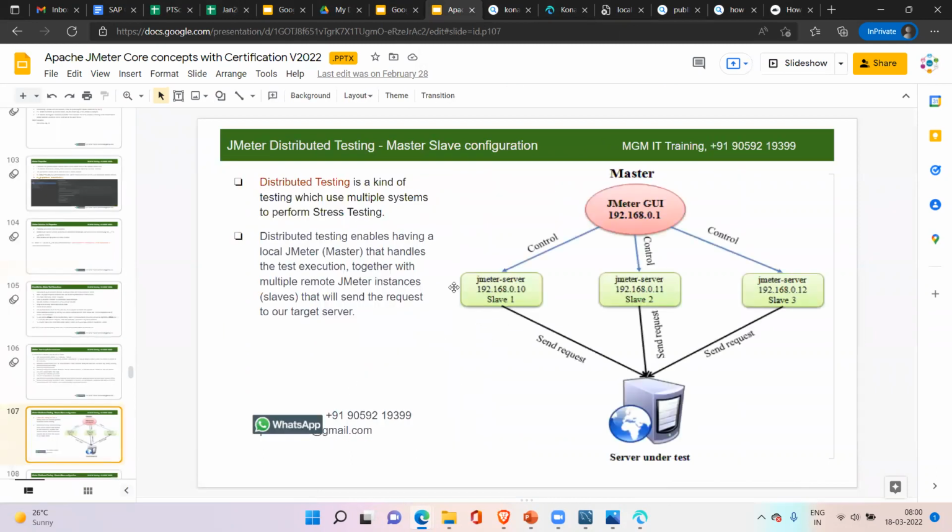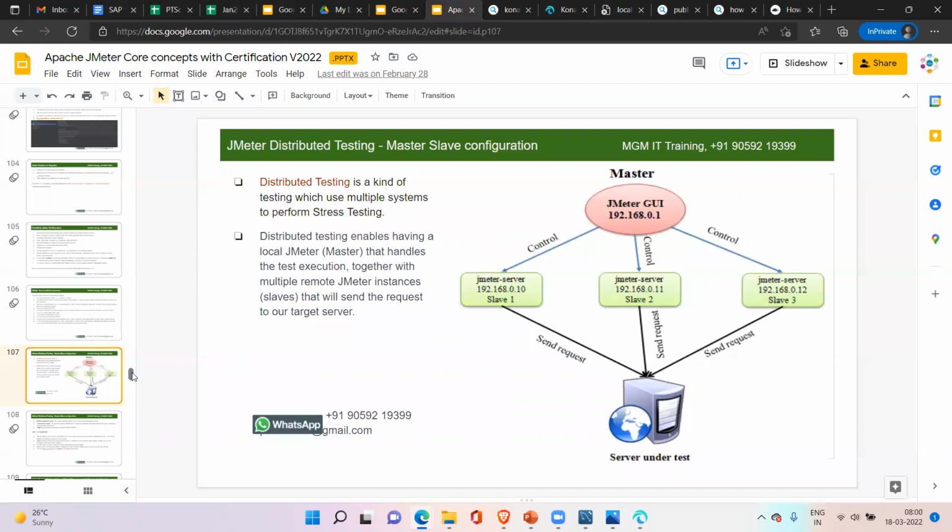When we are running a test with JMeter, only one machine may not be sufficient. Suppose you want to run a test with... okay, hold on. Let me tell it in this way.